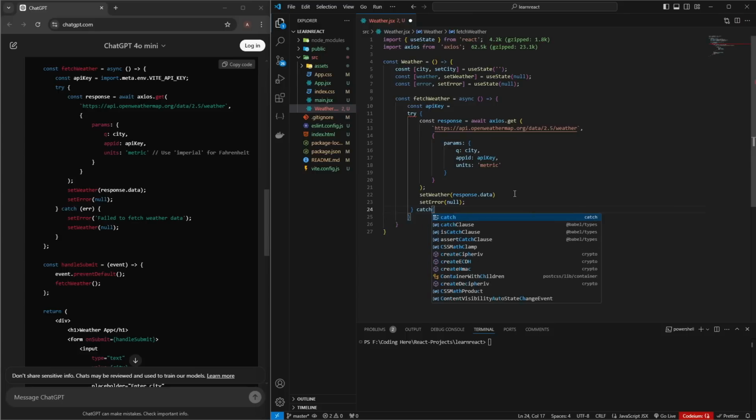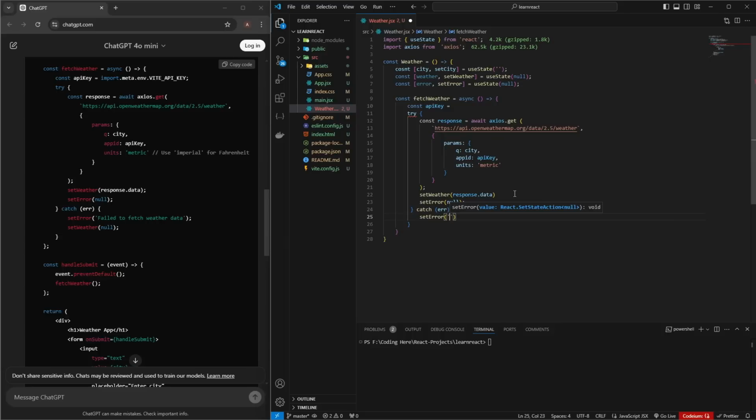Say catch error and set error to failed to fetch weather data,